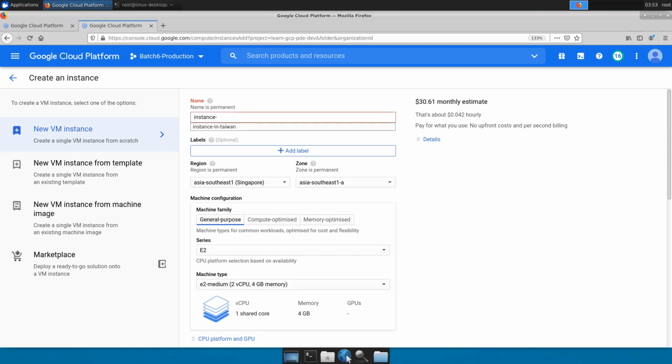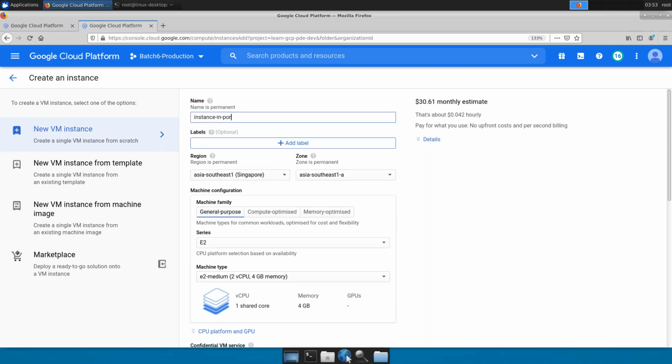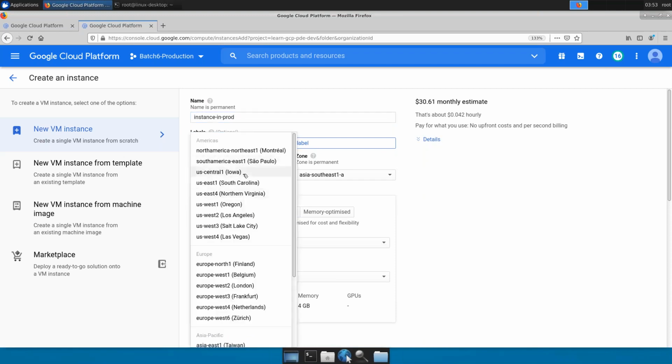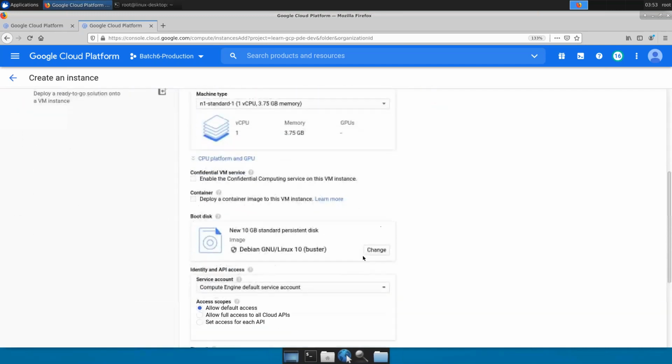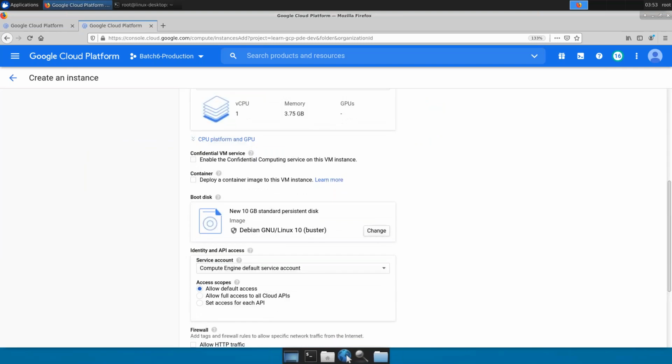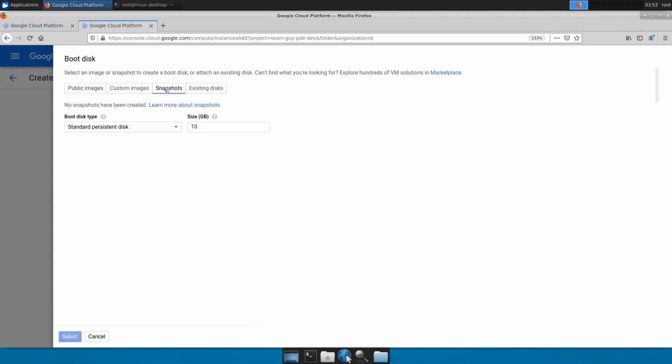So, instance in prod. We went to Taiwan, and we were doing it in US Central. Let's go with US Central only, but in a different project, because it's production, right? Maybe instead of G1 small, let's go with standard, a slightly more powerful virtual machine. Then go to your boot disk. This is the change which we usually do, right? Click on change, click on snapshot. And what you see is you don't even see